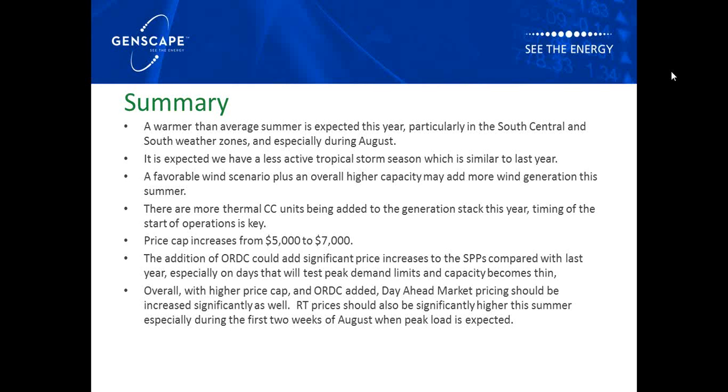And then another question. How will congestion pricing be affected by the ORDC? ORDC will get added across the board equally, meaning congestion is figured into the LMPs, and then the ORDC price adder is on top of it. So everything will move together. All pricing will move together. If there's an adder, it's going to be added equally across the board.